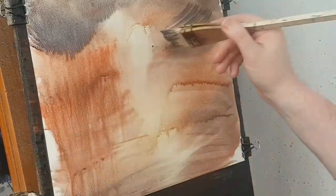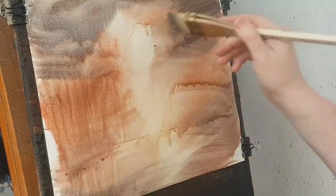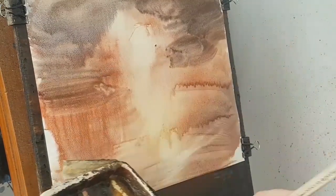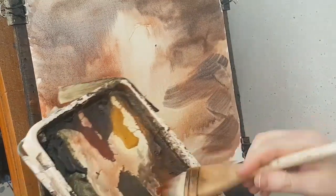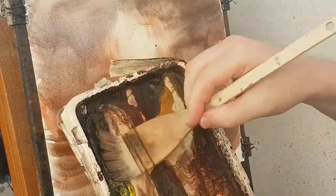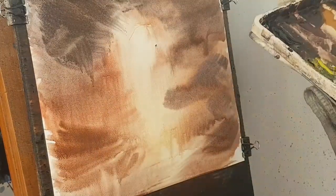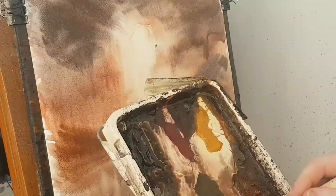Yeah, a bit of ultramarine over there, a bit of brown, a bit of blue. Try and create some sort of dramatic effects. And umber, ultramarine, creates a really nice dark colour. Bit of red in there as well. Bit of Payne's grey, really darkening up, alizarin crimson. Gone a bit too dark there, I think, so let's just